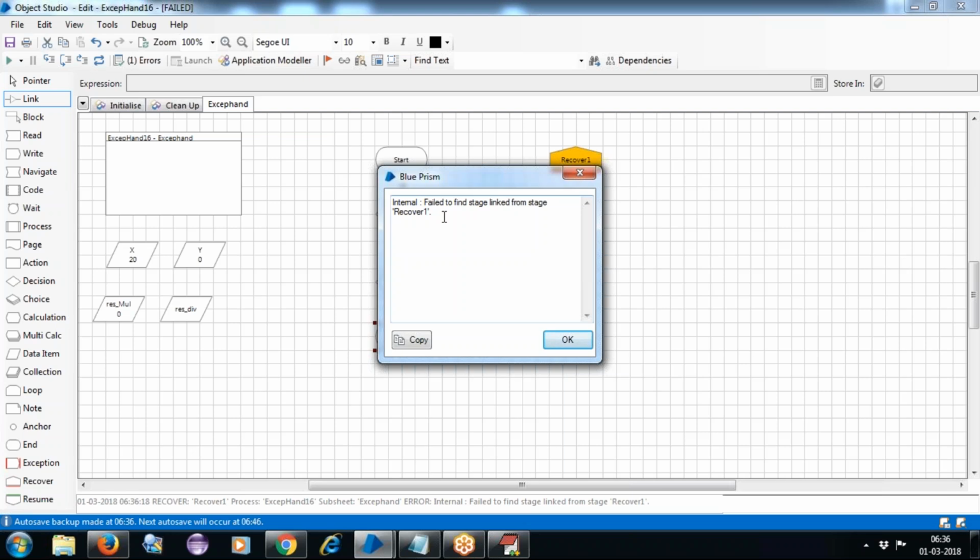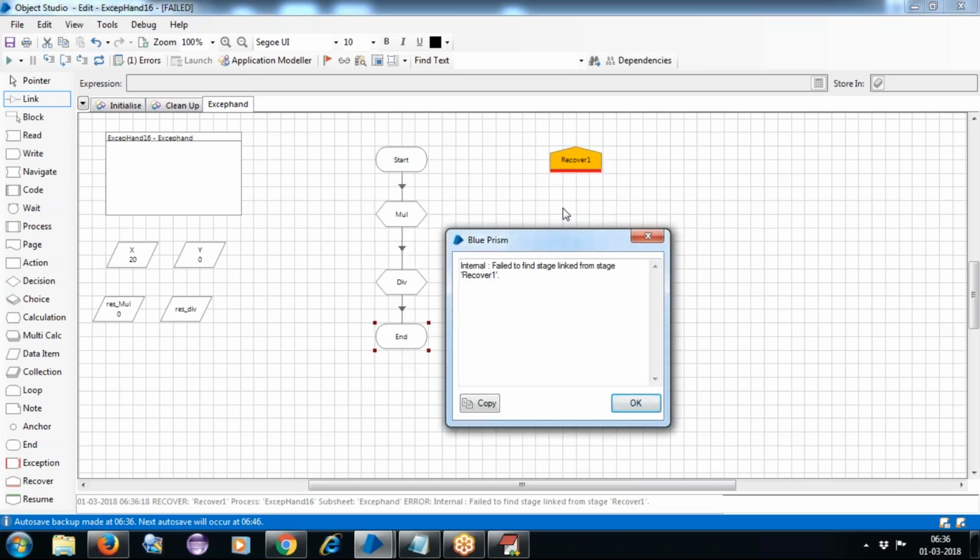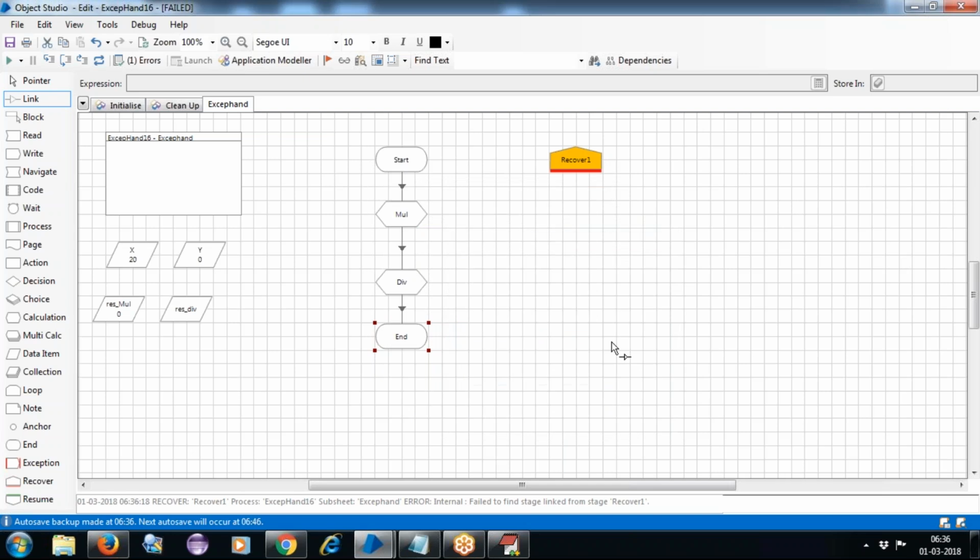If we look into this, previously we got a division error, right? Now we are not getting the division error. That error window is getting recovered by the recover stage, and the recover stage itself is giving one more error window, because we already mentioned that